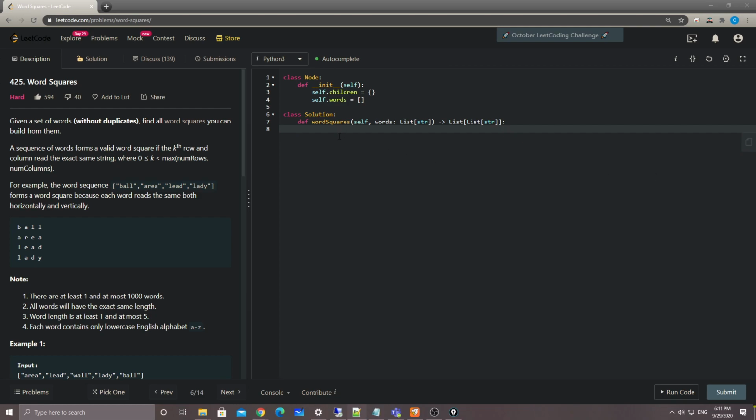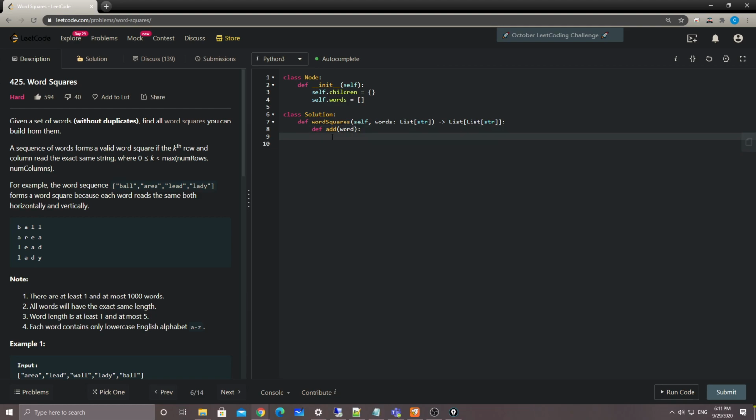And let me continue building the tree node here. So we have a tree node here, and to build the trie structure, we need two helper functions. Now to build it, we only need the one, add. Basically, add is to add a word into this trie, the prefix tree. And to do that, we need a root first. So here, current equals the root, okay? And then for character in the word,